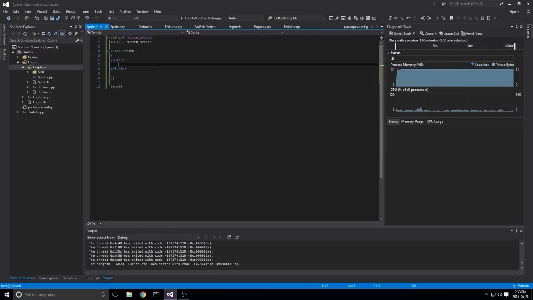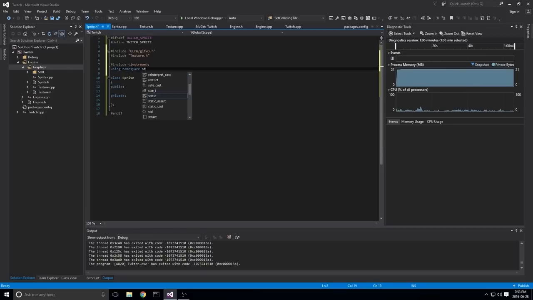So we have a sprite class in our .h, and again, sprite is going to be using GLFW3. It's going to be using our texture, that class that we just created, so we'll include that as well. And we're probably again going to be outputting stuff to the console from here as well, so we'll include iostream here as well. Using namespace std.